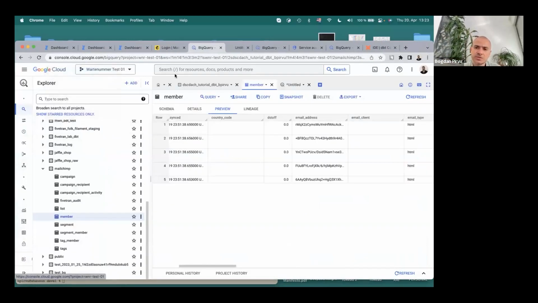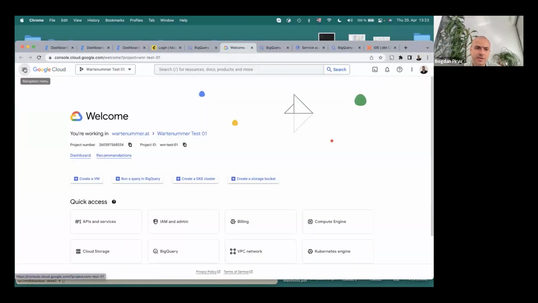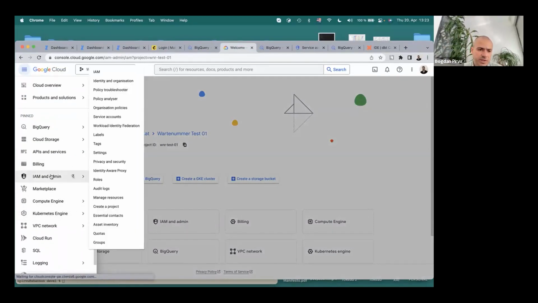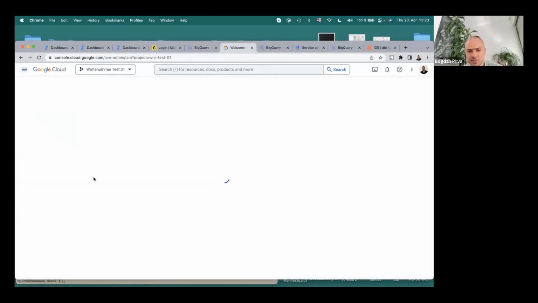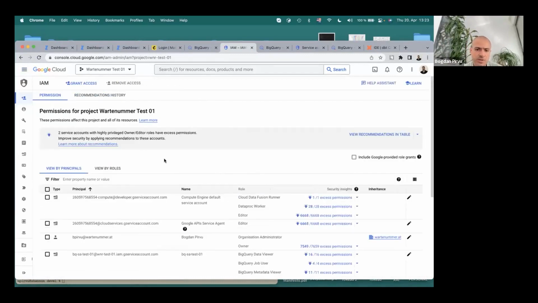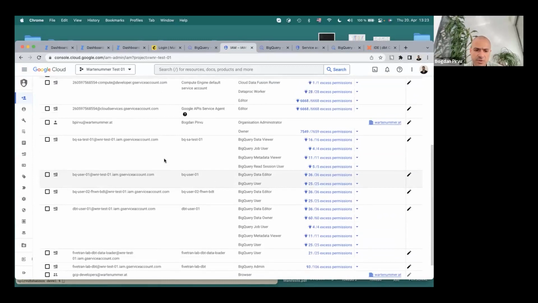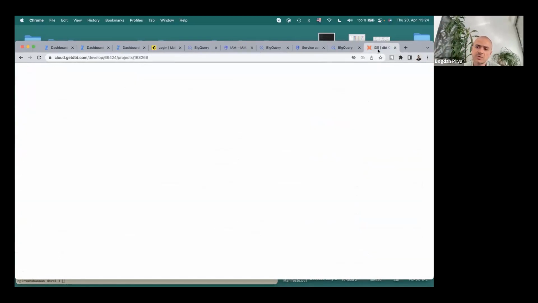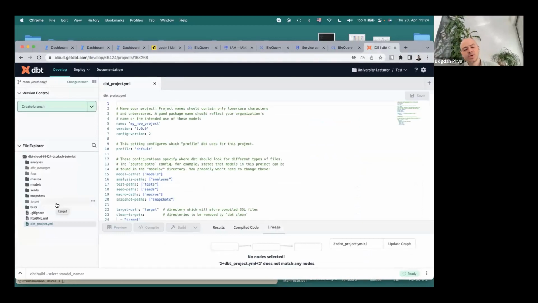I can briefly show it to you here. In the case of the Google Cloud, let's see, where do I have the IAM service? So basically, you have to define a service account in your IAM console and give it the correct rights. Here we have, well, this account. So I have the DBT user, which has these permissions: BigQuery editor, owner, job user, etc. And in some other place, I have to create a JSON key file, and then you take that key file and upload it to the DBT Cloud,